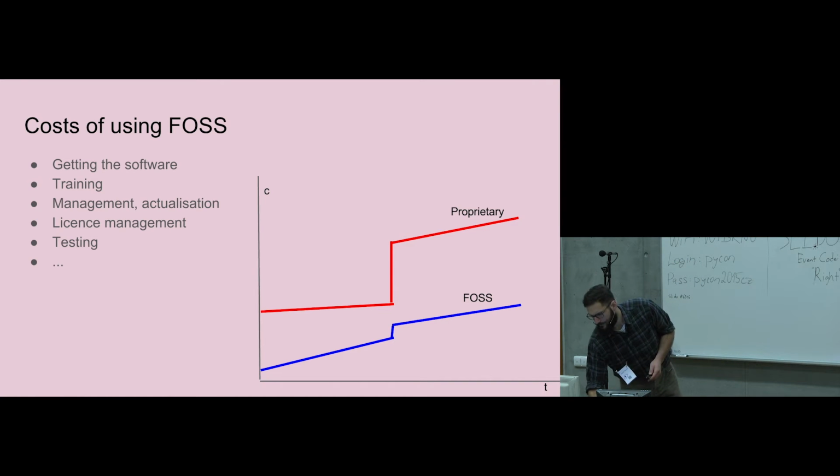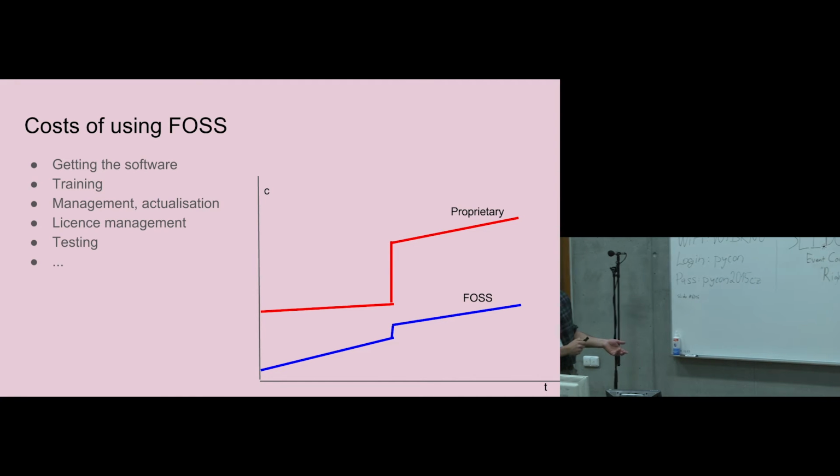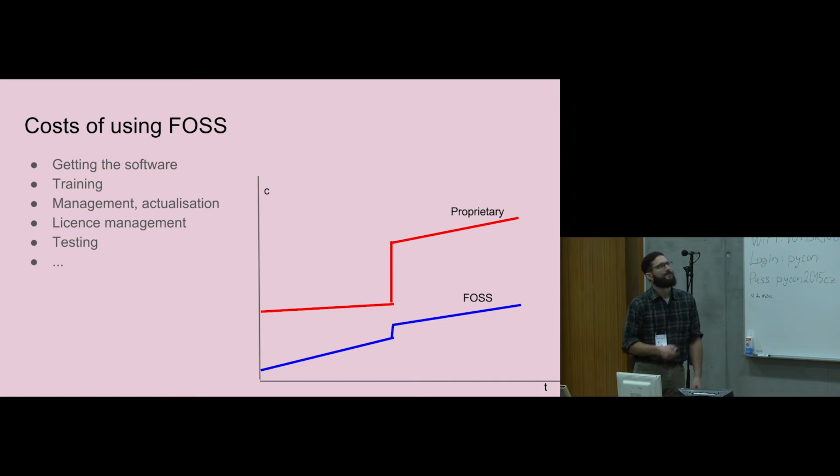I have lots of text here, but what I wanted to demonstrate basically is that this would be the proprietary software cost over time, right? So you have to make the investment at the beginning, so the costs should be relatively high. Then you are using it over time, you have to invest in training, updating and stuff like that, and keeping it. And the curve is usually, with proprietary software, as my experience says, not so steep.